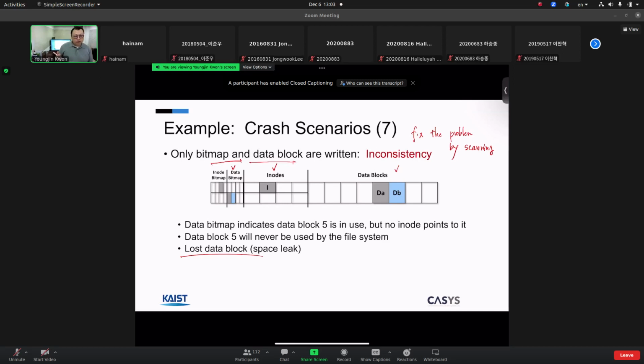What are possible fixes? What do you think? So here, the data block bitmap is allocated, but there's no information to locate these new data blocks. So this data block will leak. We lost the data block because nothing is pointing to it, and the file system keeps